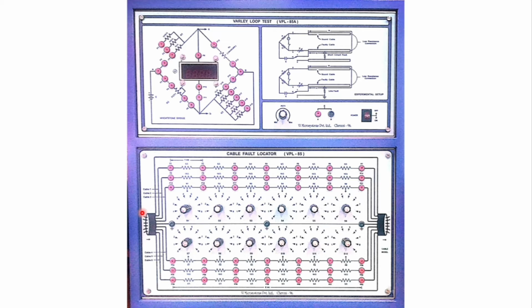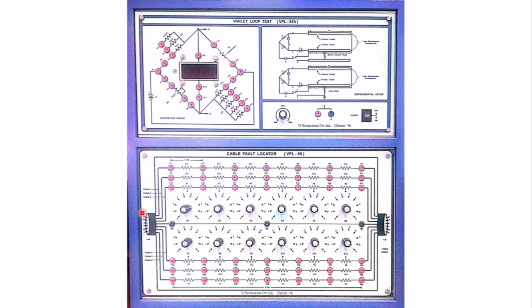Similarly, cable 2 and cable 5 consist of 6 divisions again, and each division is considered a fixed resistance of 10 ohms per meter. The total resistance of each of cables 2 and 5 is 60 ohms. Cable 3 and 4 also consist of 6 divisions. Each division is considered to have a resistance between 0 to 9 kilo ohms, and the total resistance of each cable is 54 kilo ohms. That is a constant value. You cannot change it. You can use this in your calculations. This is given in the experimental kit to you.